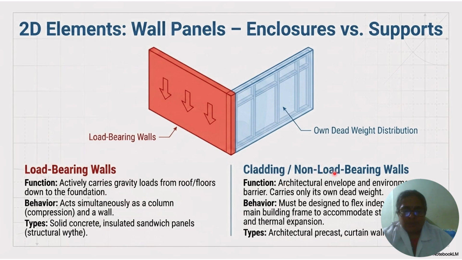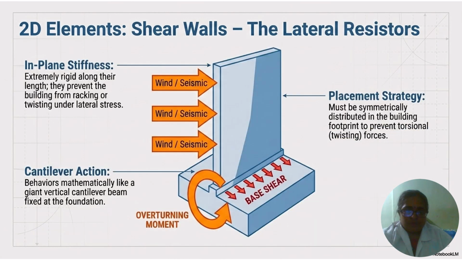The non-load-bearing walls function as architectural envelope and environmental barrier, carry only their own dead weight and will not carry any other additional load. They must be designed to flex independent of the building frame to accommodate thermal expansion, and the types are architectural precast and curtain walls. And the next one is the shear walls,